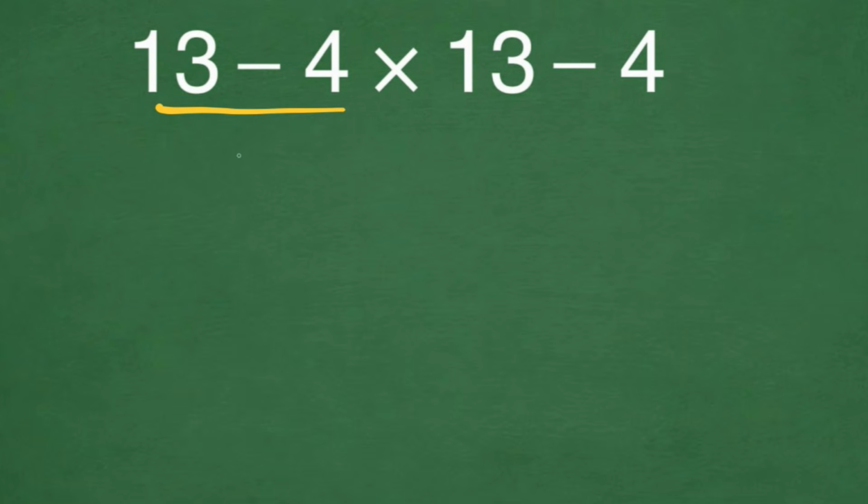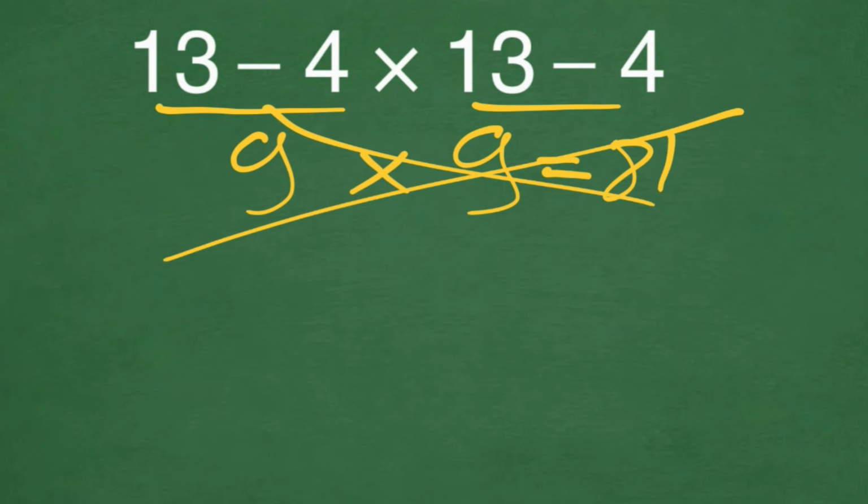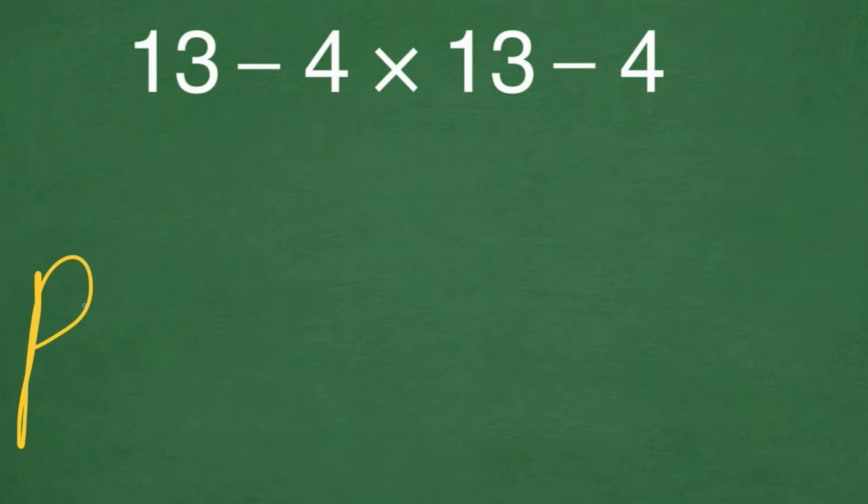13 minus 4 gives us 9. And again, 13 minus 4 gives us 9. And 9 times 9 is equal to 81. But this answer is not correct because according to the order of operations, PEMDAS,